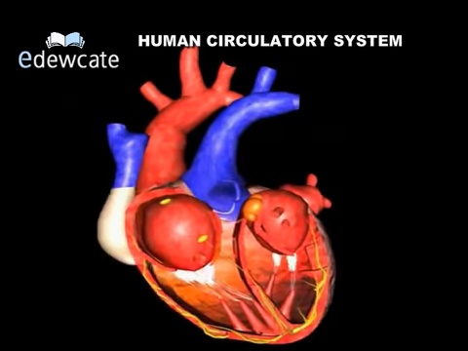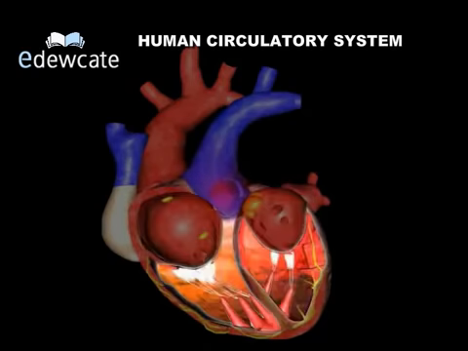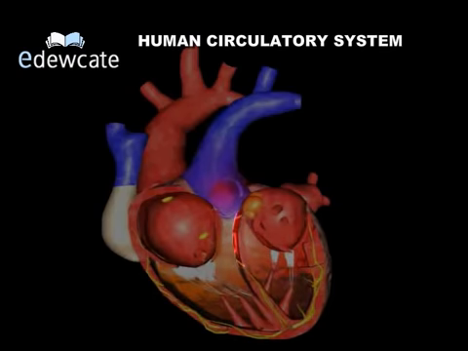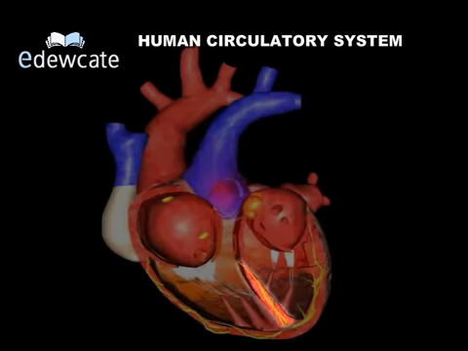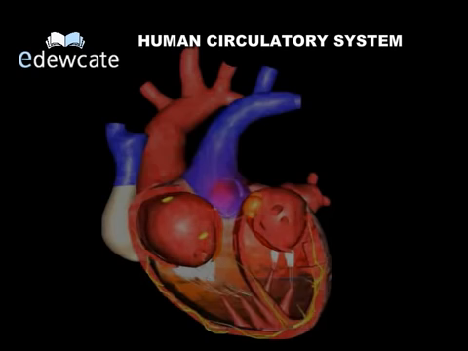The human heart has 4 chambers, 2 relatively small upper chambers called atria and 2 larger lower chambers called ventricles. A thin muscular wall called the interatrial septum separates the right and the left atria, whereas a thick-walled interventricular septum separates the left and the right ventricles. The atrium and the ventricle of the same side are also separated by a thick fibrous tissue called the atrioventricular septum. However, each of these septa is provided with an opening through which the 2 chambers of the same side